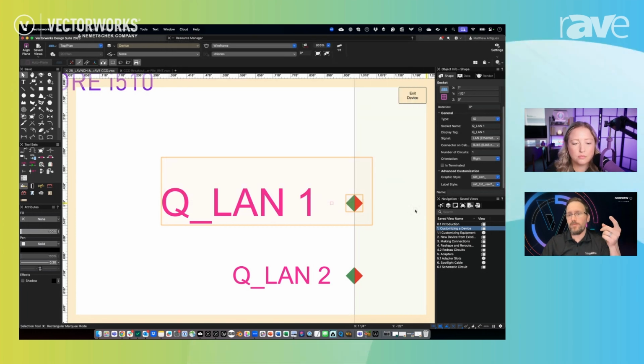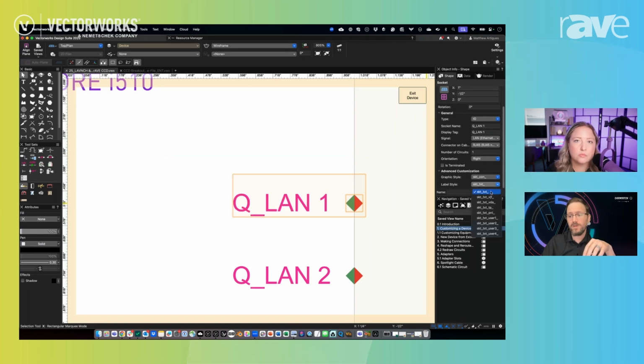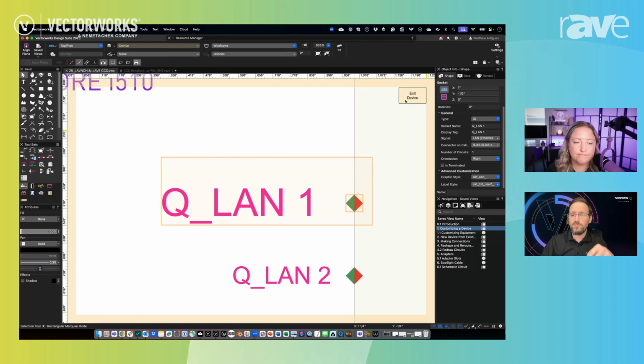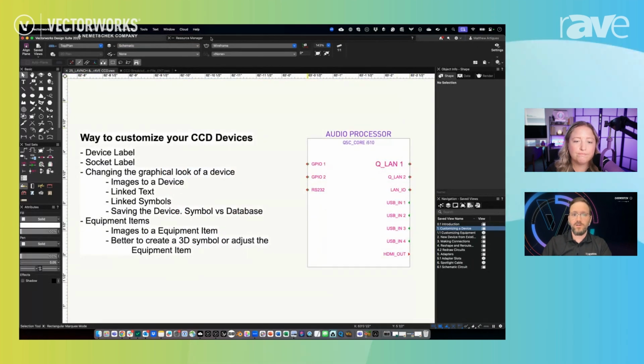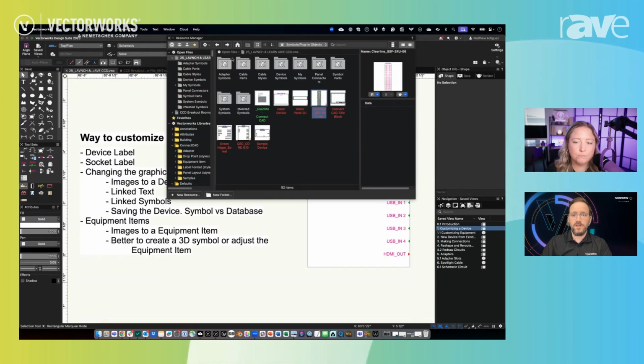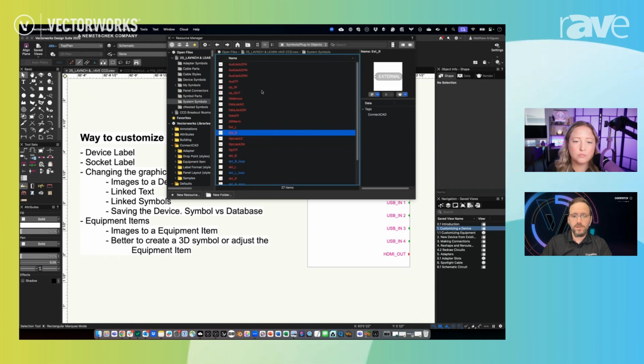What I recommend to a lot of users is, if you want to make your own user, if you don't want to mess with the standard text one, set it to user1, because the moment I set it to user1 and I exit the device and I go into my resource manager and I go to, I think it was under nested symbols, and